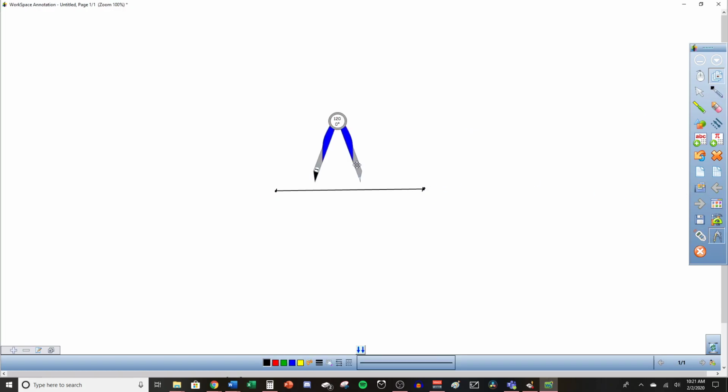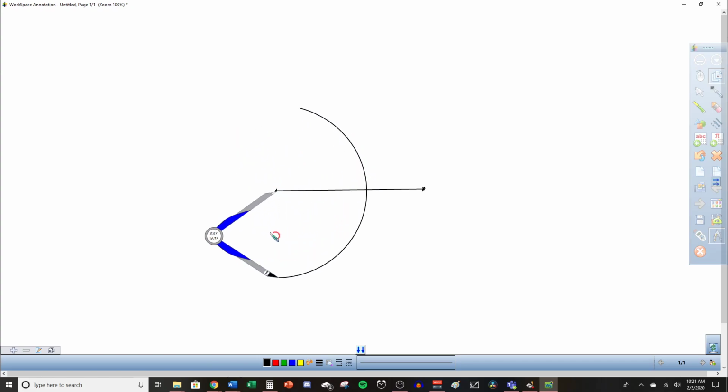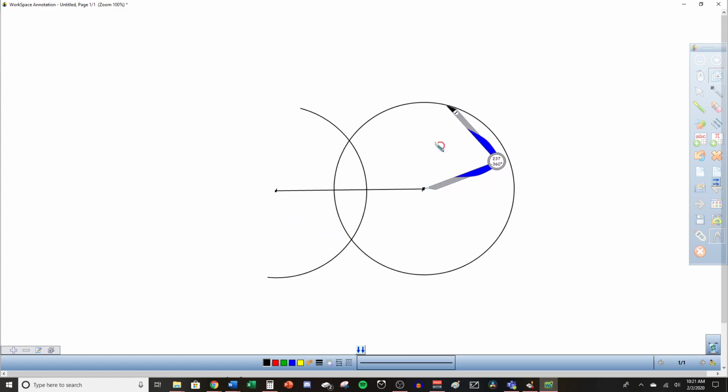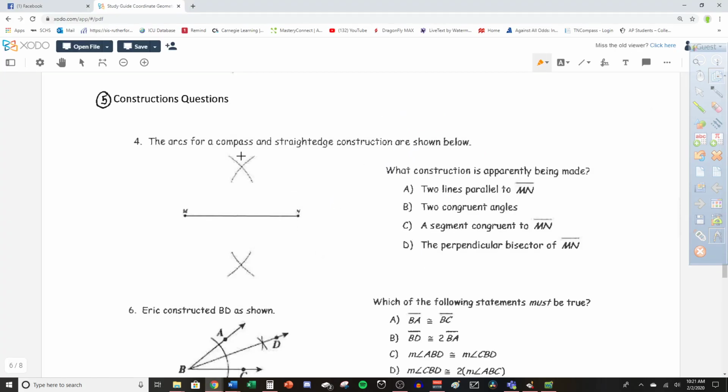All right, here's the compass again. Right there on the end point, go past halfway, and let's draw the circle, or half of a circle. Go over here, we're going to repeat that on this side, copy the same circle. Where they intersect, which is what we're seeing on this one, these intersection points,